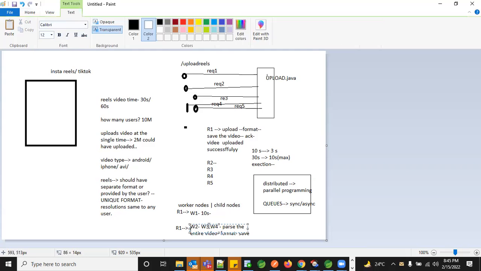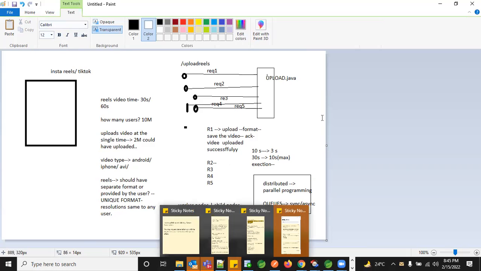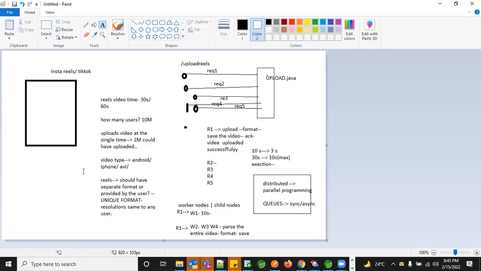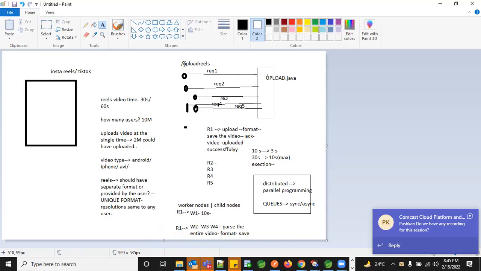Only if all 3 give me their output will I be able to progress and save the video. If the 3 parts are not done, it's not a complete video for me to save in the database or somewhere in the storage, right? So in that case, we are synchronously waiting for the data to be received, but in a parallel programming way. So when we want to achieve this entire distributed architecture, we additionally introduce a few frameworks inside the application. So what happened here so far?